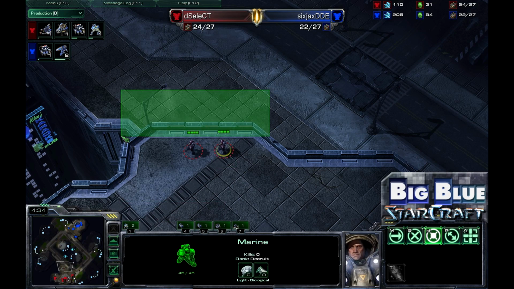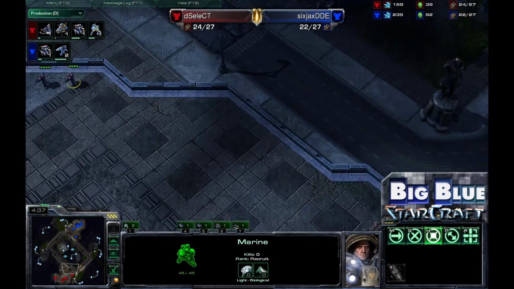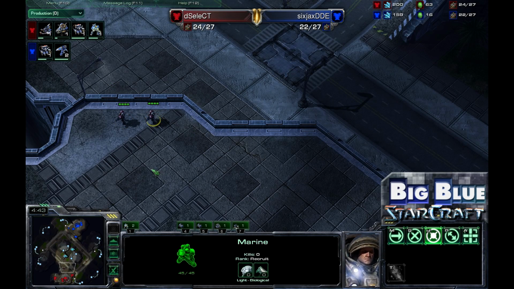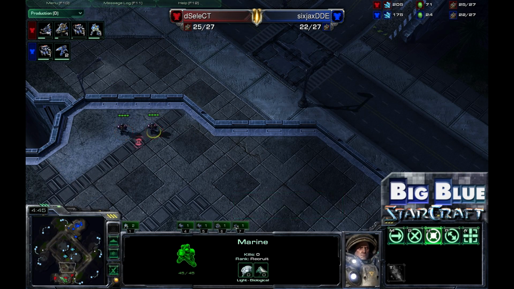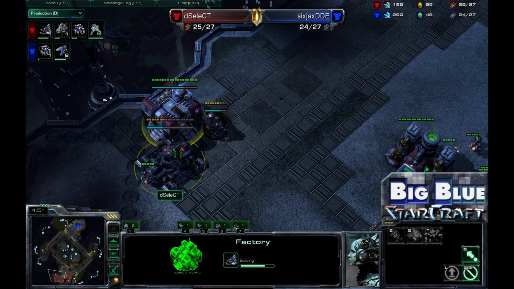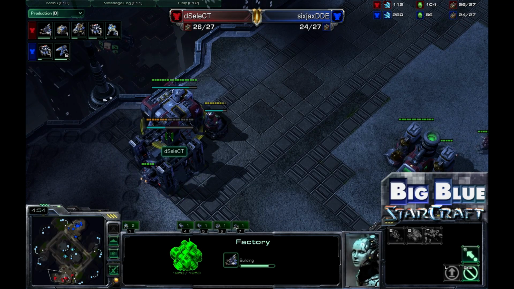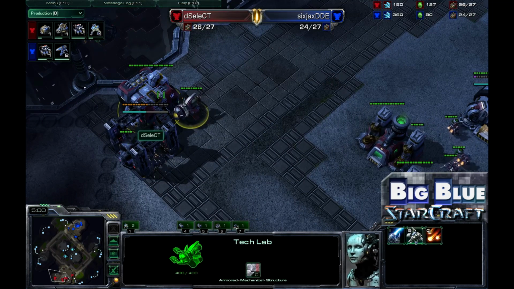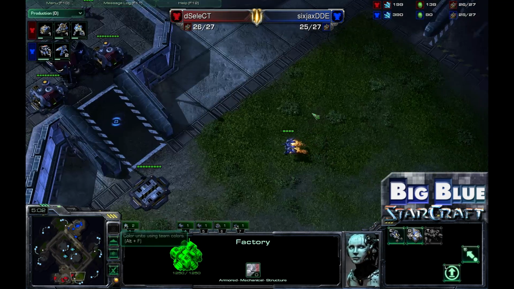He's going to be able to cover this ramp here, but there is a lot of ramp for this base. If DDE pokes up here, sees Marines, he might be able to just run all the way around and hop all over the place, and SeleCT for his part is going to be hiding his tech. If Reapers got up in his base, he might be able to spot what's going on, but SeleCT is going for the 1-1-1 opening. He's getting his tech lab on his factory,